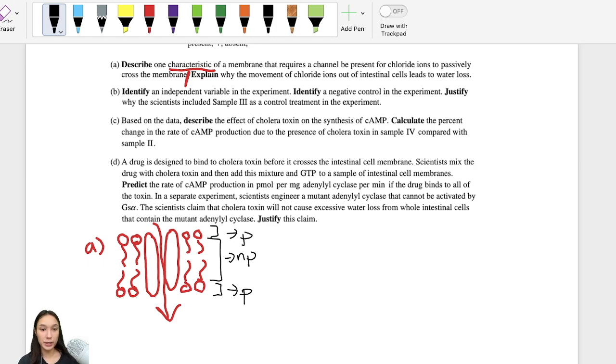Yes, they can still cross the membrane, they just can't go on their own. Only small, uncharged, nonpolar molecules can passively cross on their own without the help of any of these channel proteins. So for this one, you're asked for one characteristic. I'll give you both options, that the interior